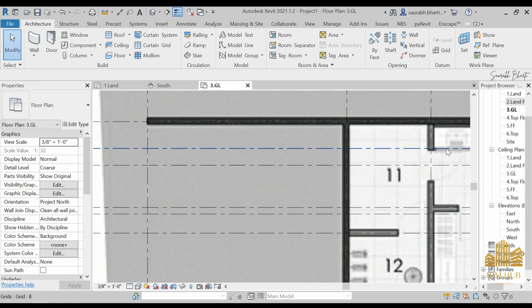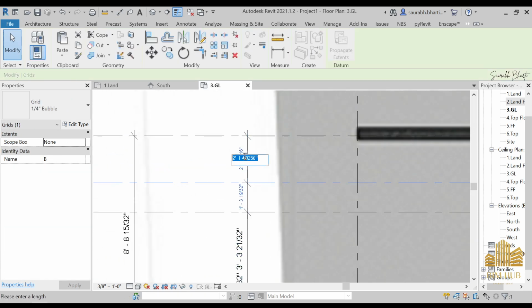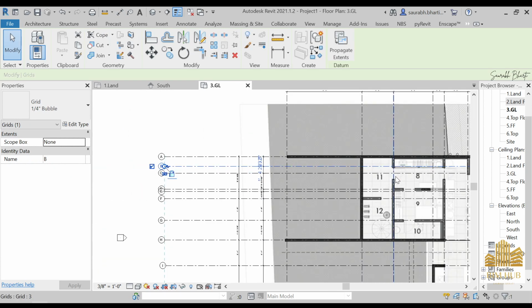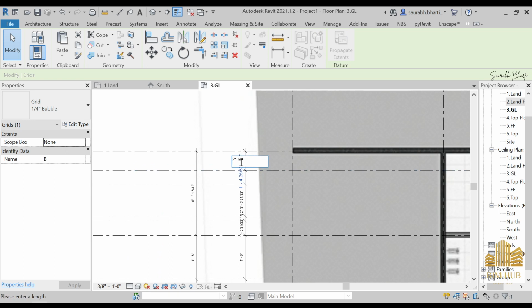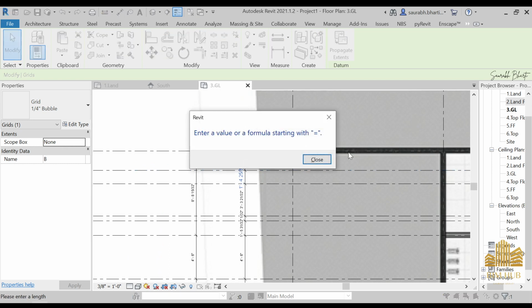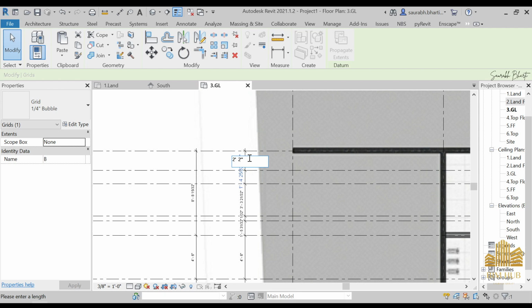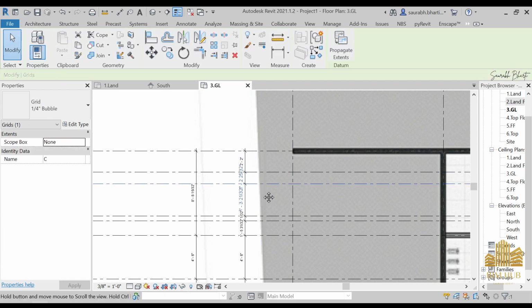So as you can see this first distance is something like 2 feet 1 inches, so we can keep it at 2 feet. Okay, we have to increase it, so I'm going to keep it at 2 feet 2 inches, 2 feet 2 inches, enter. Then we have